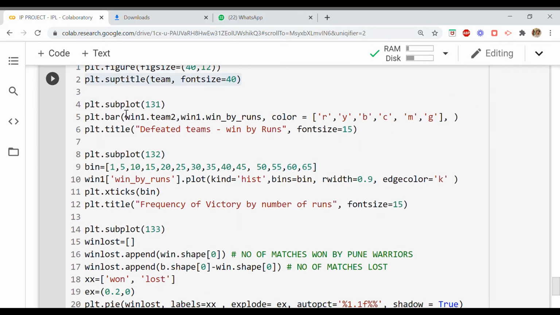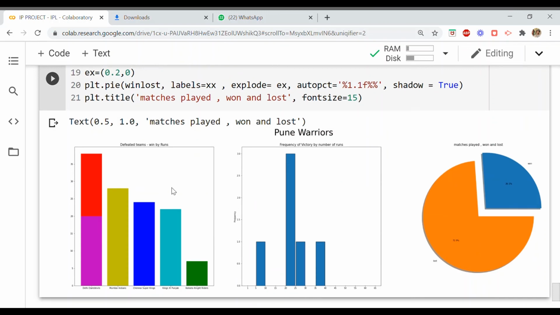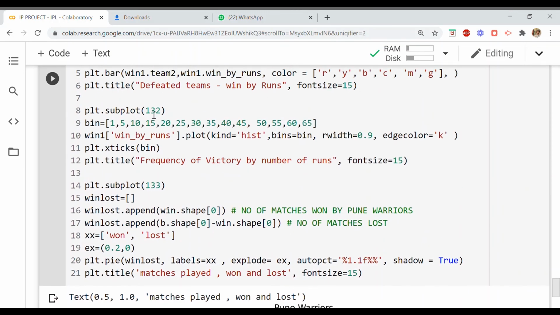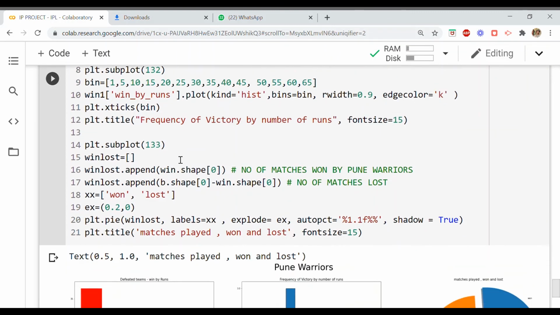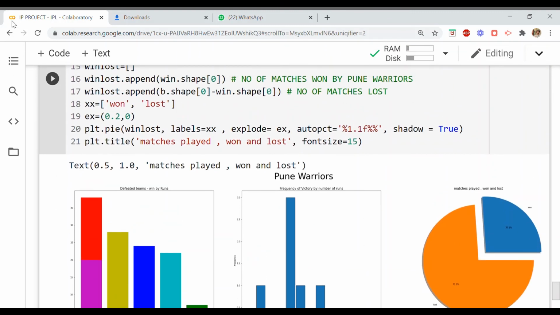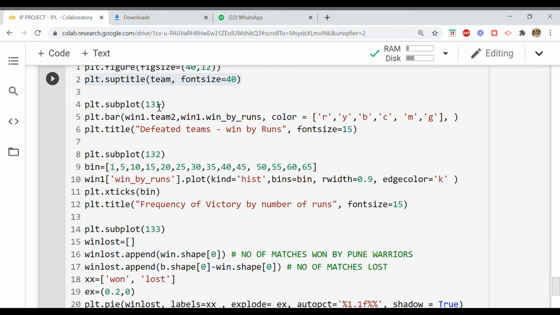Now plt.subplot, because I have drawn three graphs, so I will give the number as 131, 132 and 133. If I have two graphs, I will give the number as 121, 122. If I have four graphs, I will give the values as 141, 142, 143 and 144.